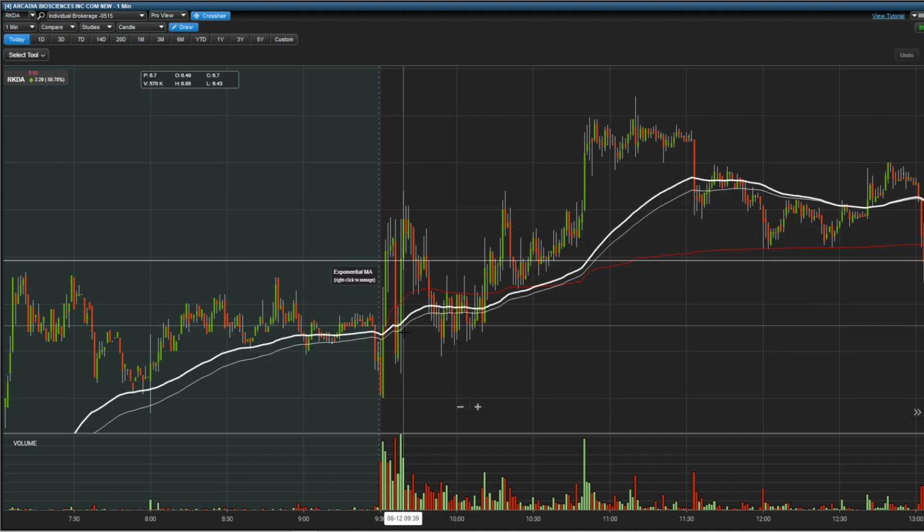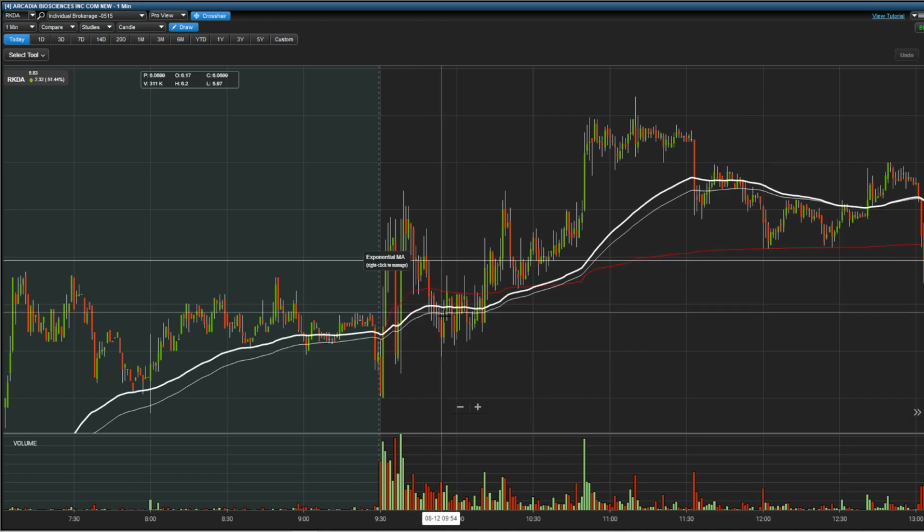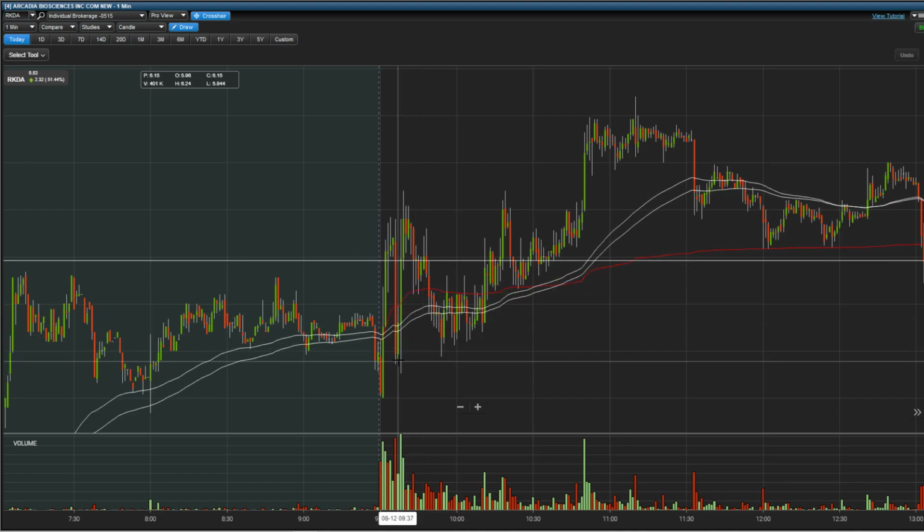But right after we got this def chop, I'm a little cautious after the def chop. It does scare me a bit. I don't like longing after a def drop, but you could see, just playing a bunch of games here, this dropped so hard and it just shot back up like a cannon, broke new highs, and then dumped back down. And this, once we broke VWAP up this time, I was looking for a long entry, $6 here,